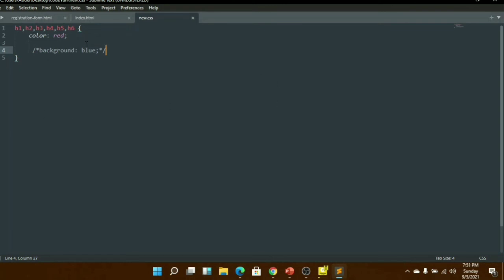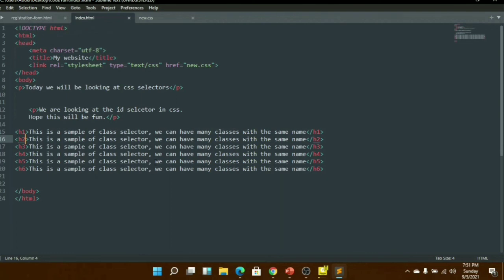So I hope that makes up for today's tutorial. Till the next time we meet, we will look at backgrounds, borders and other things in CSS before we start developing our